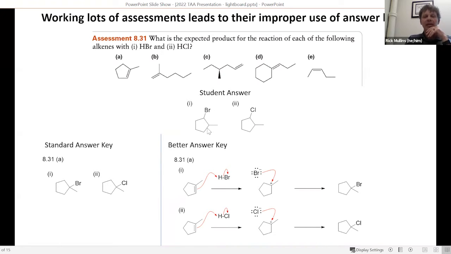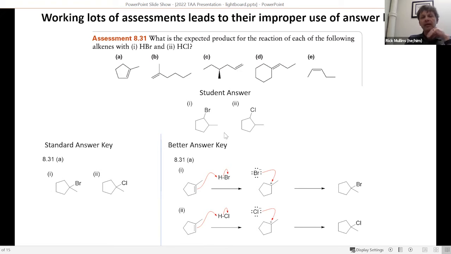So this reaction, the answer that the student has come up with, looks like it's close to correct, but it's really not. It's missing a really important concept. So a standard answer key isn't really going to show that student what they're missing. A slightly better answer key would be one that actually shows how the problem would be worked out. So it gives a mechanism, a little bit of a problem-solving process, so that maybe the student could observe what's going